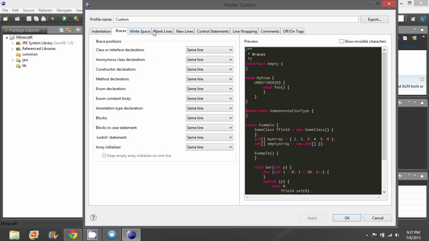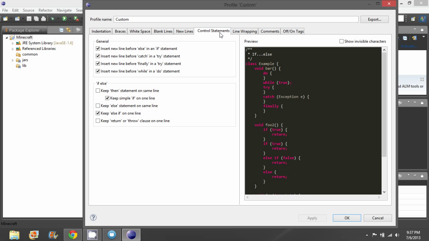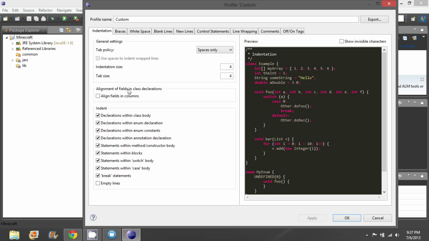I also went over to line wrapping and changed it from 80 to 800. And control statements, I keep the simple if on a single line, put a line in front of everything. And indentation, statements within switch and case bodies. That's pretty much it.